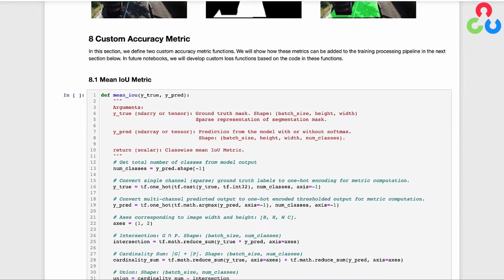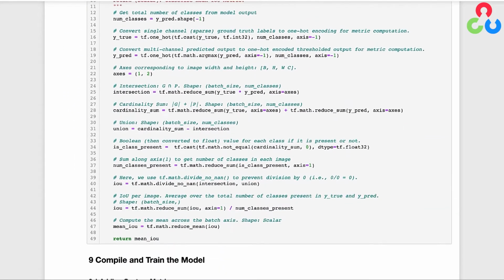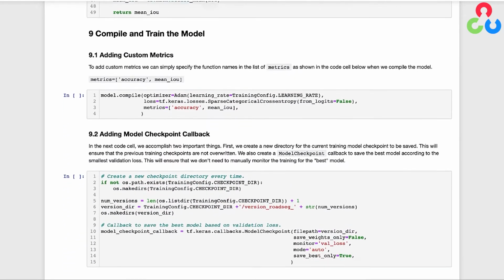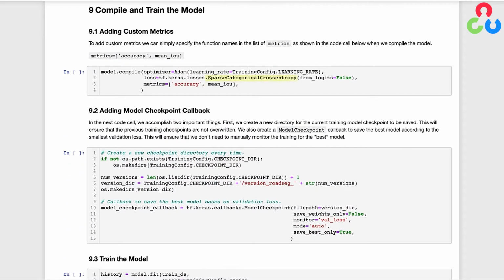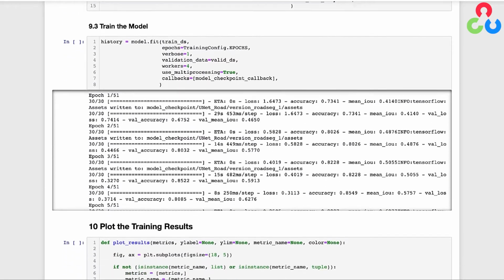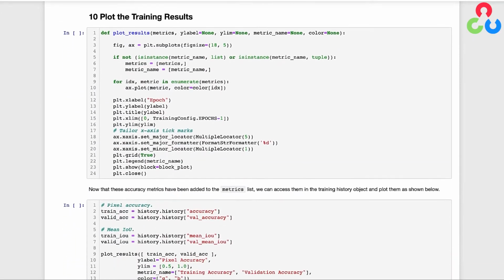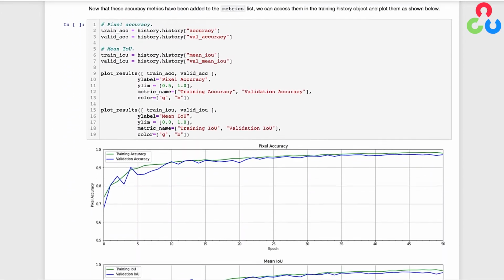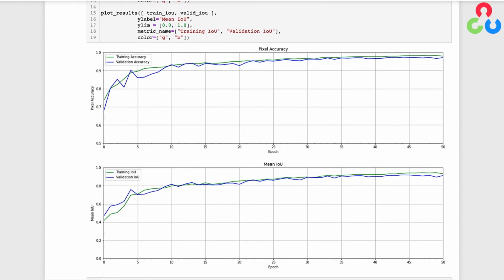Here we're defining the IOU metric that we're going to use to assess the model, and then further below we're compiling and training the model using sparse categorical cross-entropy loss. And again, all of this is the same code as in the previous notebooks, so let's go ahead and scroll down and take a look at the training plots. If you recall from the previous FCN results from the last two notebooks, the accuracy that we get with the UNet model is about the same, although it takes a little bit longer for it to ramp up initially. But after about 50 epochs, the accuracy between the two models is nearly identical at just over 97% mean pixel